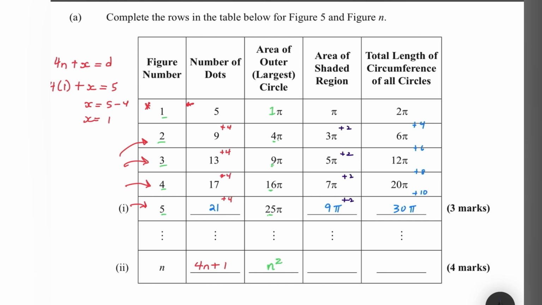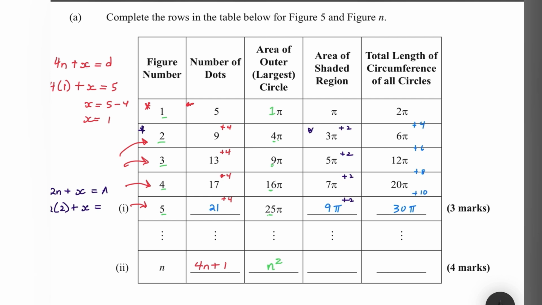Let's say it's 2n plus some value, let's call it x again, is equal to a, the area. Substituting some values from the actual table, let's use 2. So when the figure number is 2, so when n is 2, that means 2 times 2 plus that value x is equal to the area of the shaded region when n is